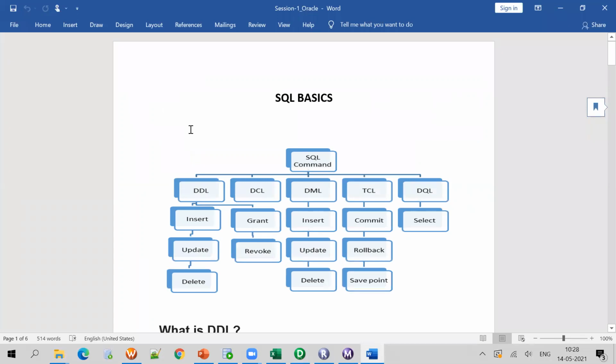Normally, in real time, a data warehouse is centralized. It will contain data marts. Data warehouse contains data marts, and data marts contain databases. Under the databases, these tables will be present, the target tables. And a data warehouse can also contain files, flat files, CSV files, anything.